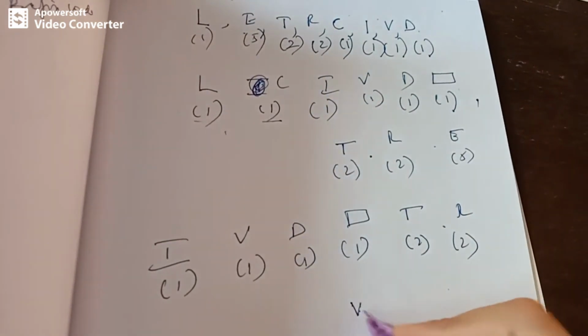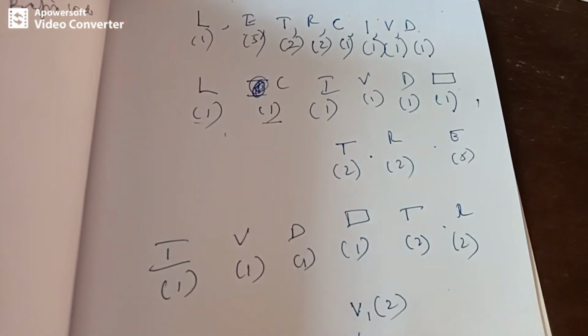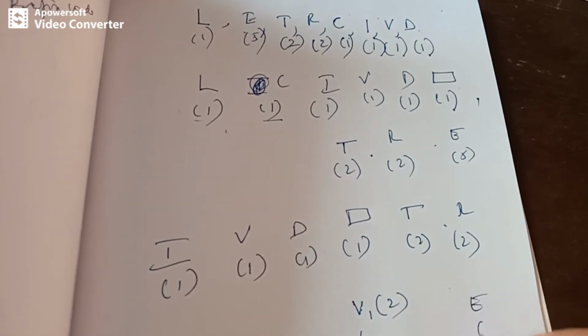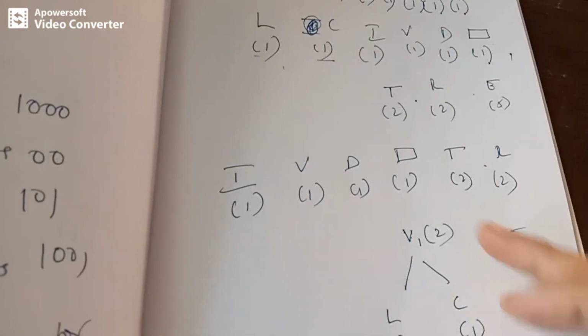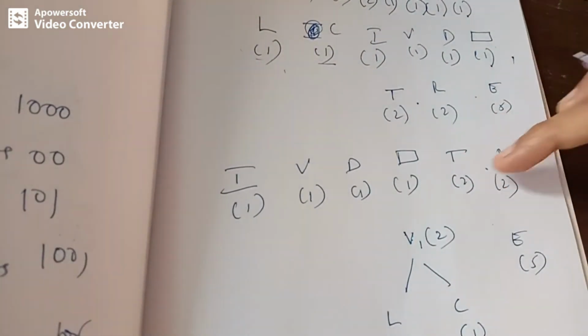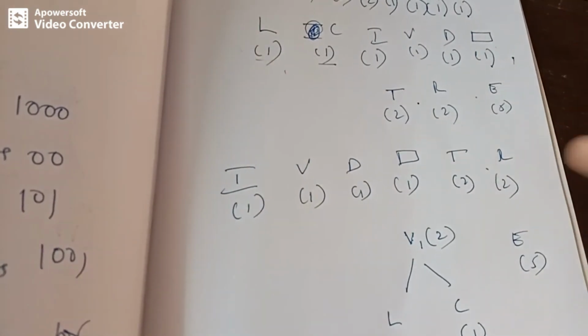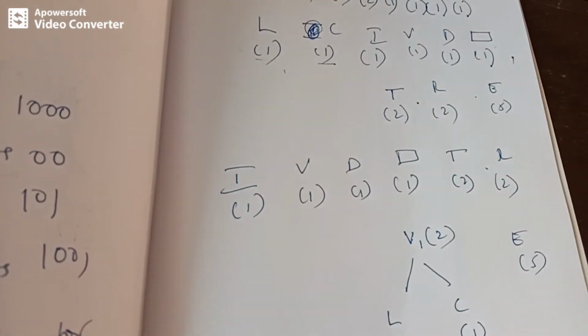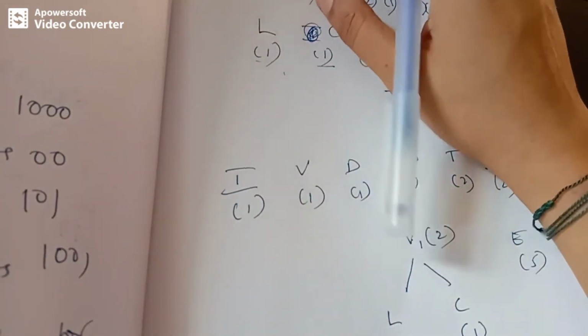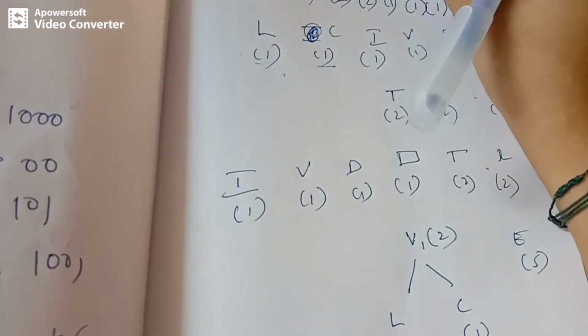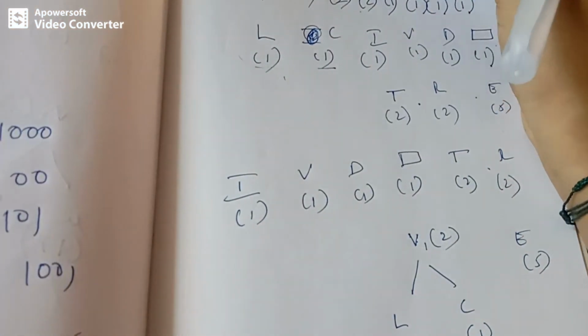We can also fix this vertex here with their children L and C having weights 1, then E is having weight 5. So I can fix this tree here in between anywhere within the range of 2's. Okay, so we get many such optimal prefix codes. It's not that this is the only one optimal prefix code tree that you are going to get, but we can have any such trees. Fine, let me write the next level.